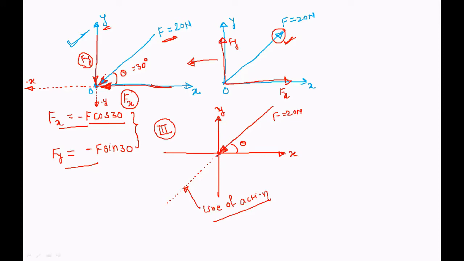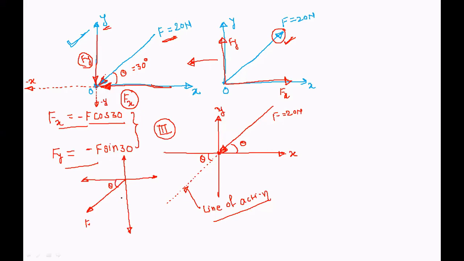So I will show the force in the third quadrant. So this is F. Now as theta is given with respect to x-axis, so this is theta. So from this geometry, this angle will also become theta. It is the opposite angle. Okay, so this is the first line, this is the second intersecting line, and this is the angle between these two lines. So this will become the opposite angle here. So this will also become theta. Okay, so I can show here, this is the theta.